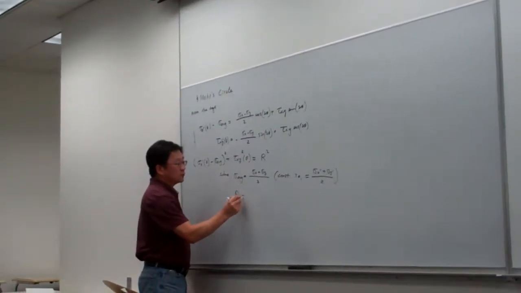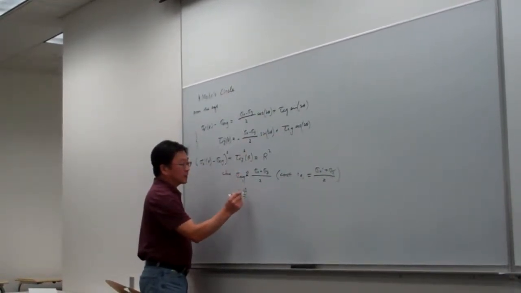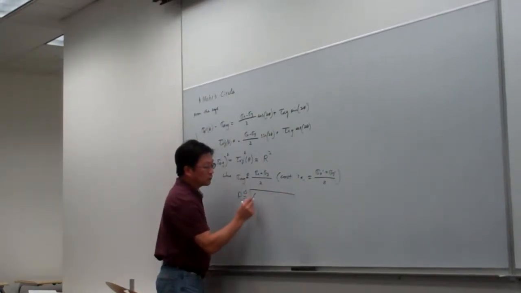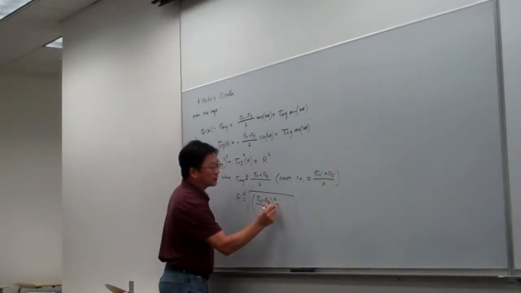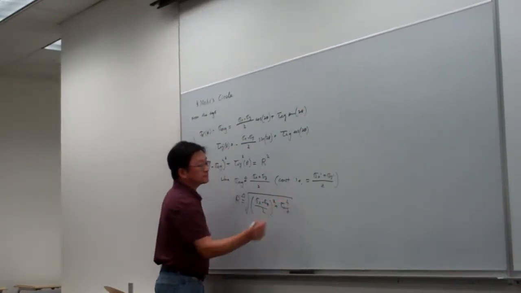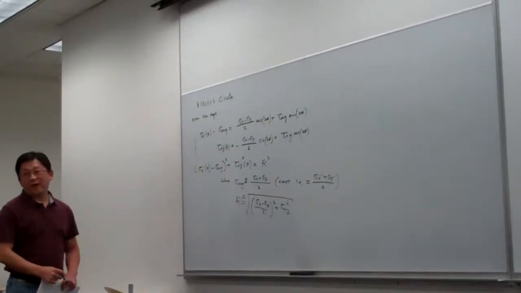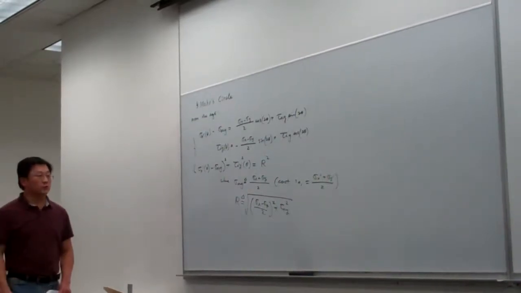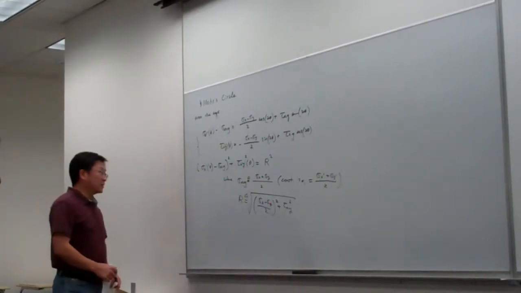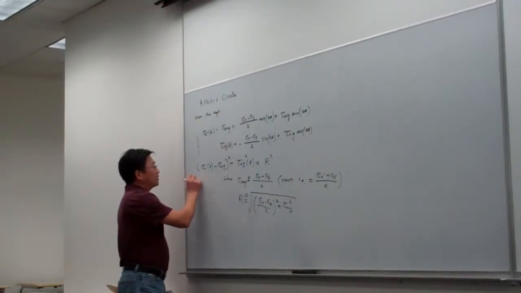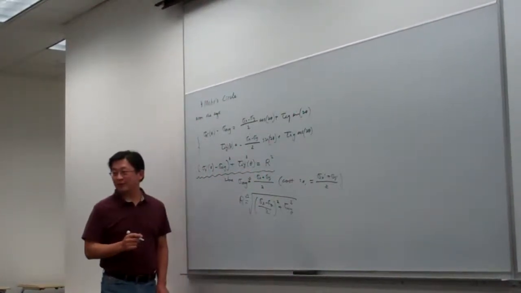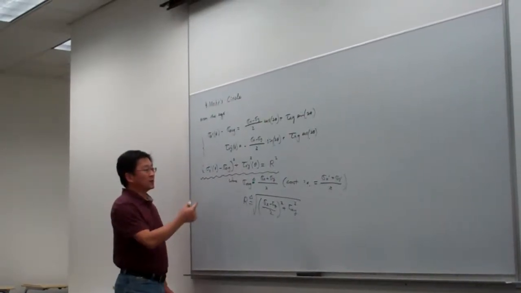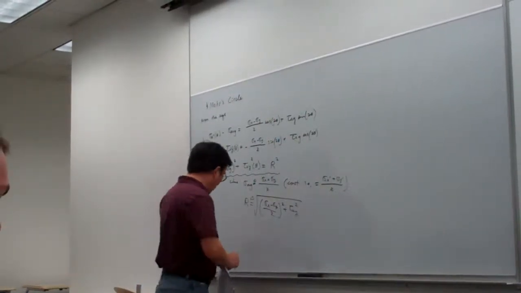And R is what we defined last time, and this one is equal to the square root of sigma x minus sigma y over 2, squared, plus tau xy squared. People found these good properties. So that means this nice equation actually is a circle, right? The circle in a coordinate system